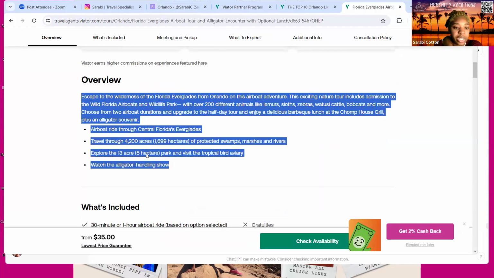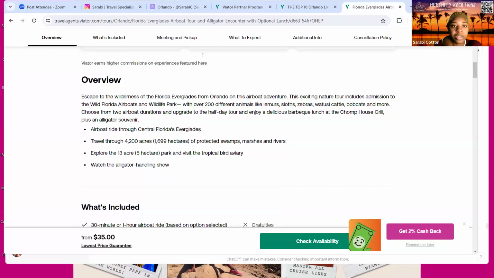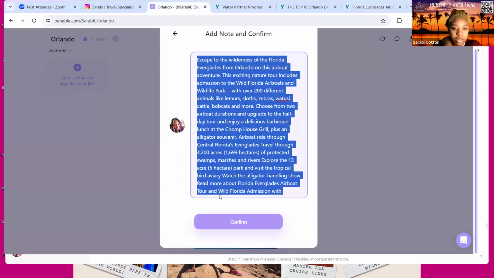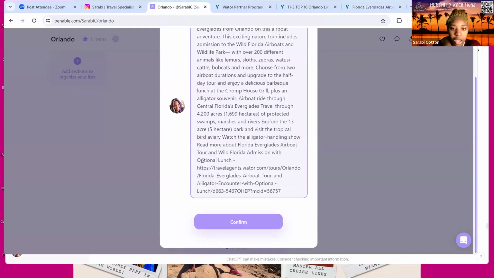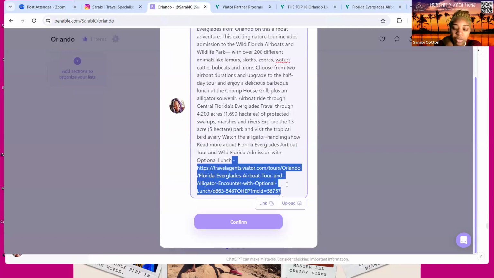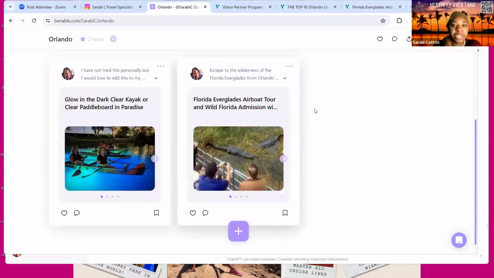Let me try that again because that just did not look right. I don't know what happened there. Oh, optional lunch. Okay, so that's what I see. Optional lunch. Okay, I took that part off the first time, so I'm gonna just leave that on there. I'm gonna hit confirm, and that is gonna be my description.